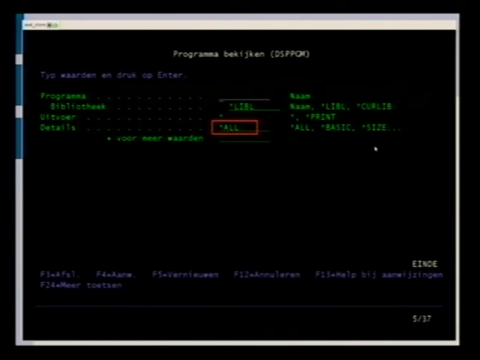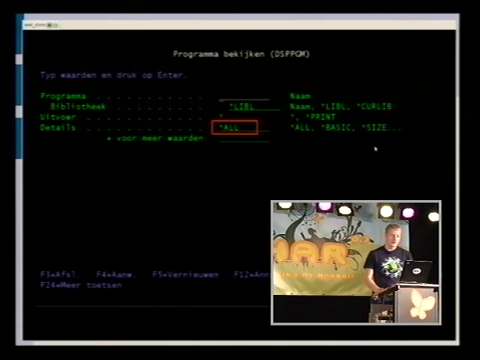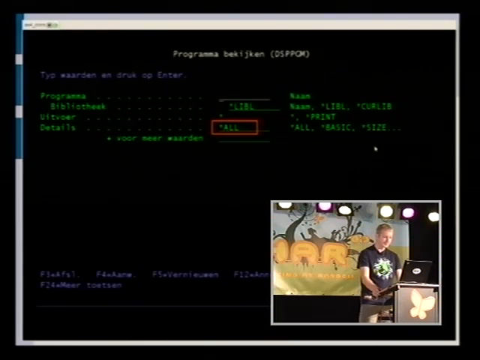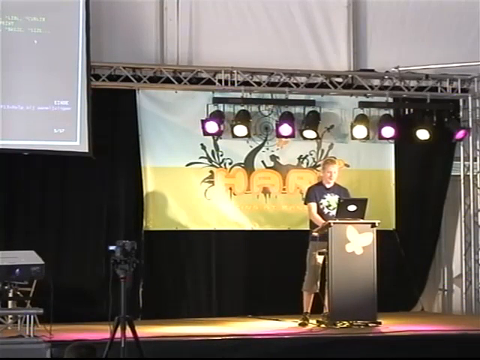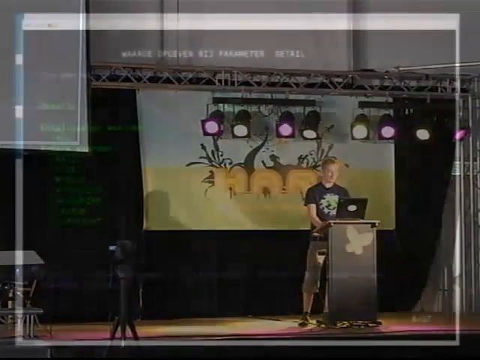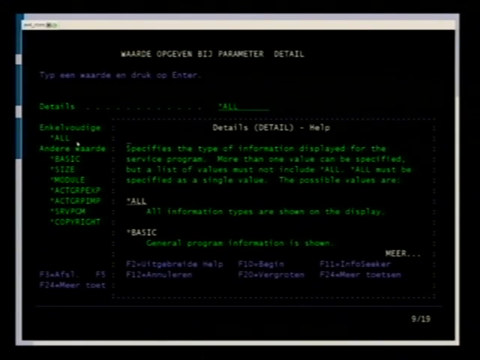And I can put the values into these boxes, which I also like. One nice thing is, for example, in the details box there, you have a few values that you can put in, but there are 3 points. If I don't know what other values are possible there, I can just go to that field and press F4, and it will give me a list of everything that I can put in there. Now, if I don't know what all these options mean, I can just go to the options and press F1, and I get the manual of the options. So I like that. I wish that I had that on Linux.